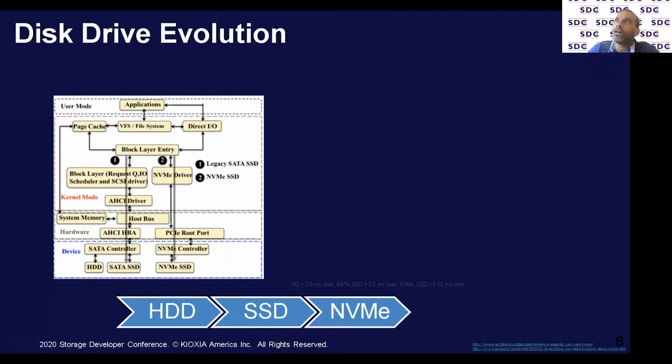Those protocols were originally built to store data on spinning magnetic media, but we still started using them to store on flash. That was not what they were optimized for. Then the evolution took us to the NVMe protocol, which is built to store data on flash drives. So we'll talk about the benefits and how this NVMe protocol fits in our modern clouds.